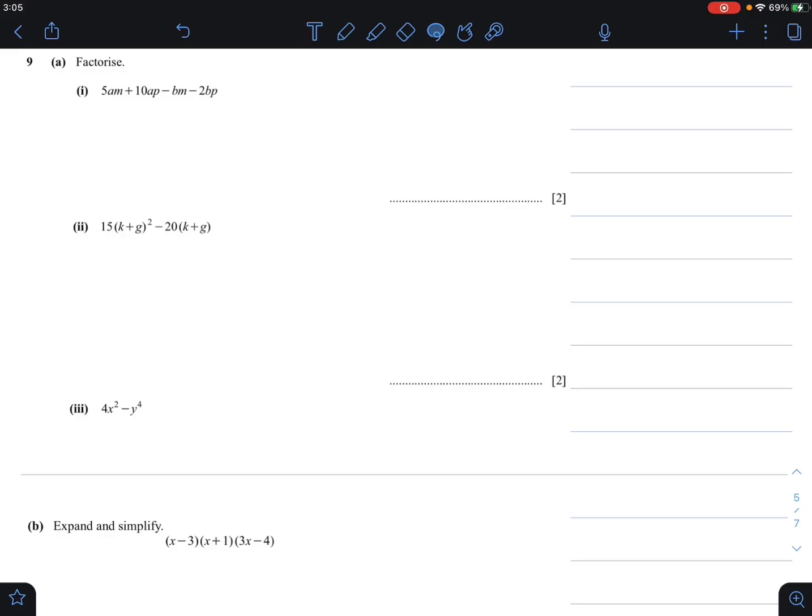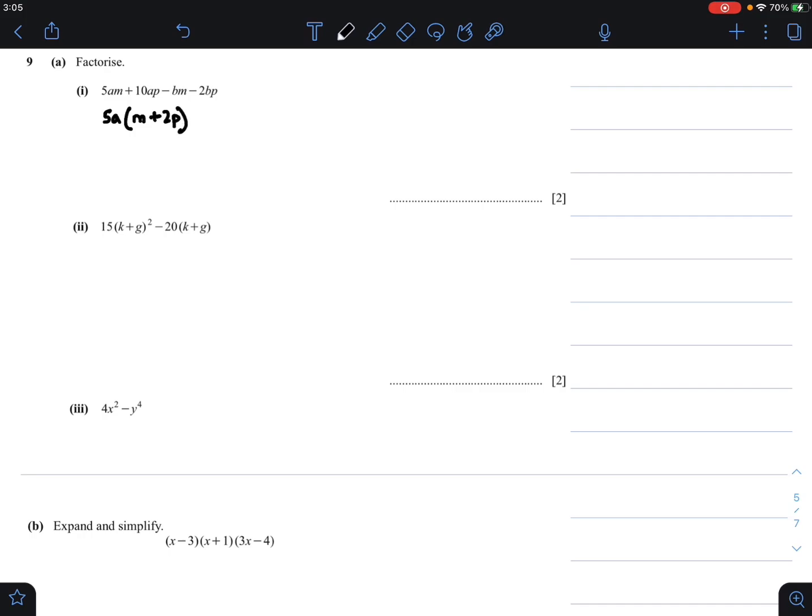So for the first two terms, you just take out what is common between the first two terms. So in this case, it would be 5a. So 5am divided by 5a is equal to m, plus 10ap divided by 5a is equal to 2p. Now,